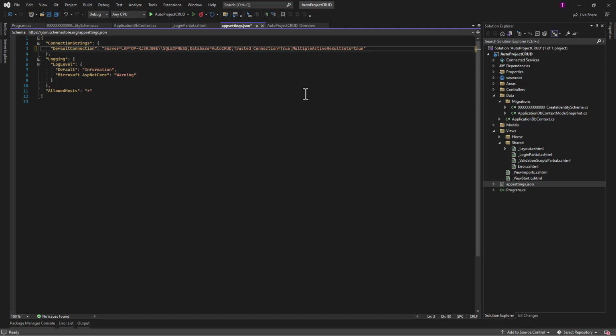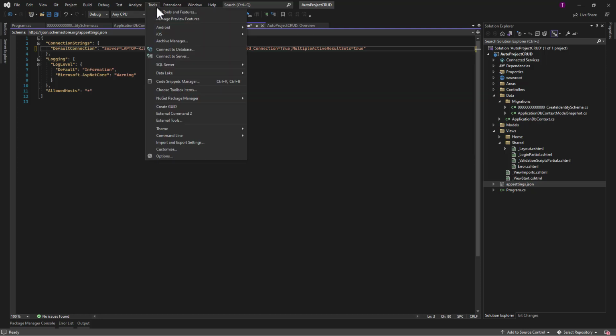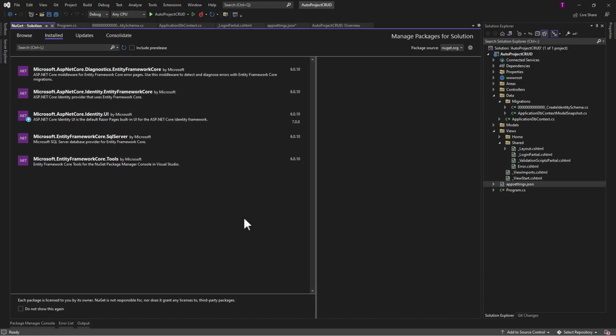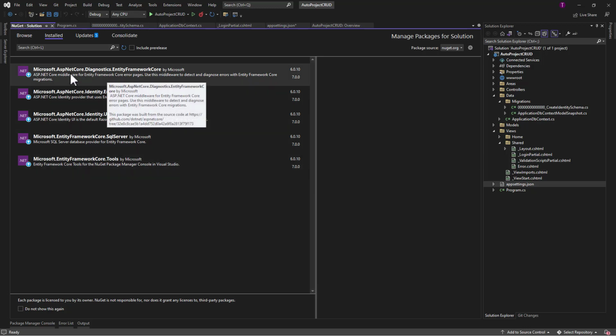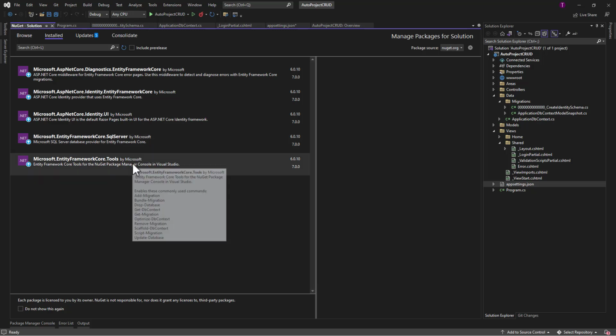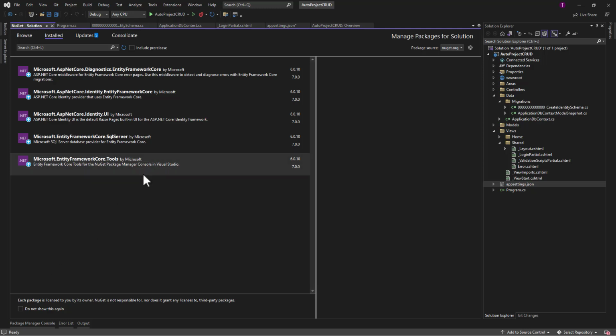Let's also look at the NuGet packages. Those have been added as a part of this project. So as you can see, as a part of the project, we have the ASP.NET Core Diagnostics Entity Framework Core. We have the Identity Framework as well. And we have the Entity Framework Core for SQL Server, as well as the tools that we require in order to